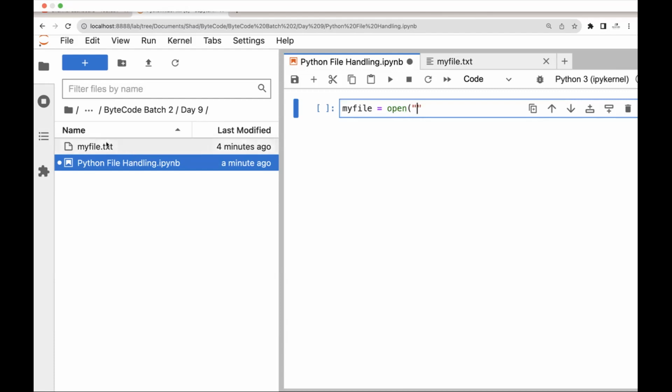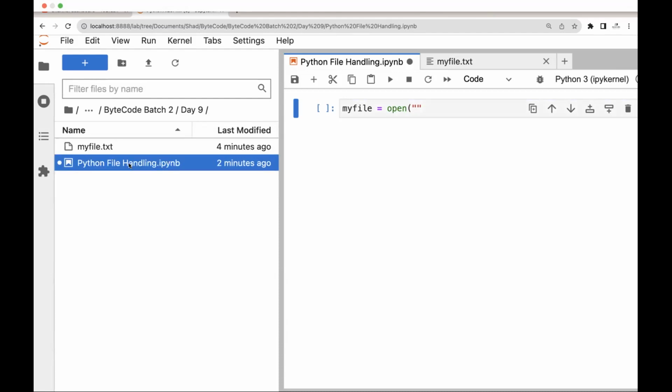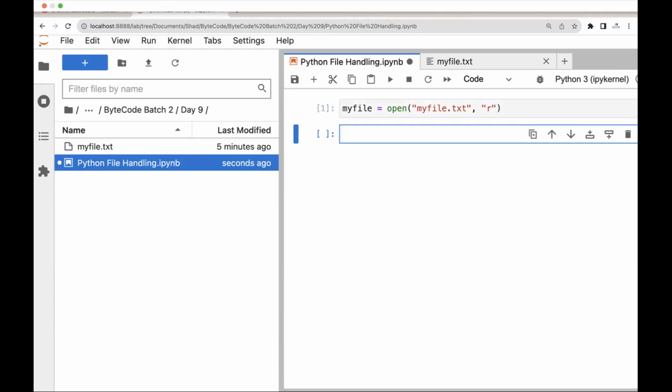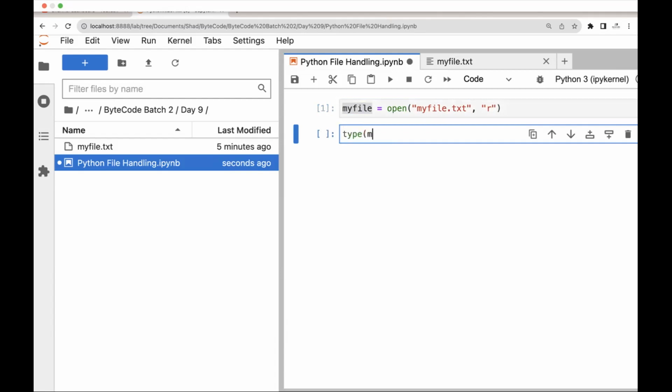Here, since the file itself is present where I am actually working, wherever my IPYNB file is present, my local Python file is present, I can directly name the file as my file. Okay, and here I also want to give what I'm trying to do with this file, whether I'm trying to read from the file, write to the file, or append to the file. Okay, here I'm trying to read the file. So I just have to say this, right? Now you have created a my file object. If you see type of my file,